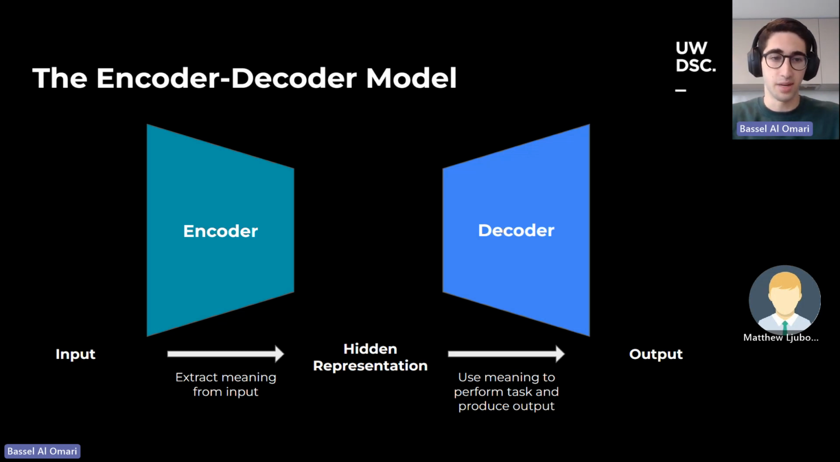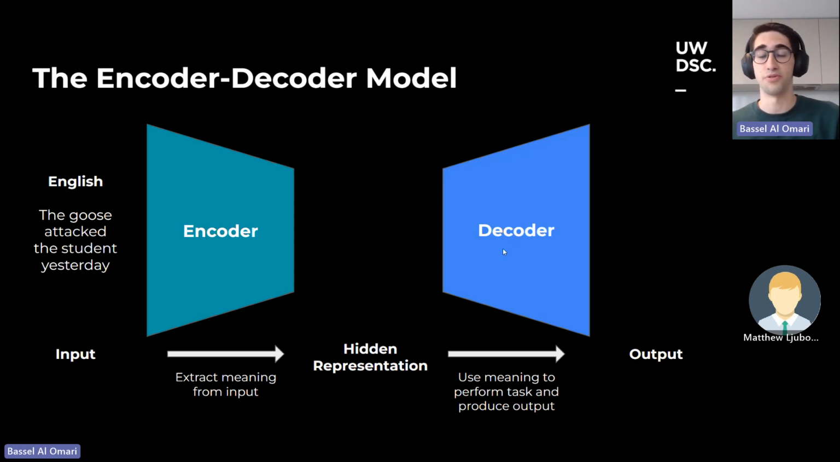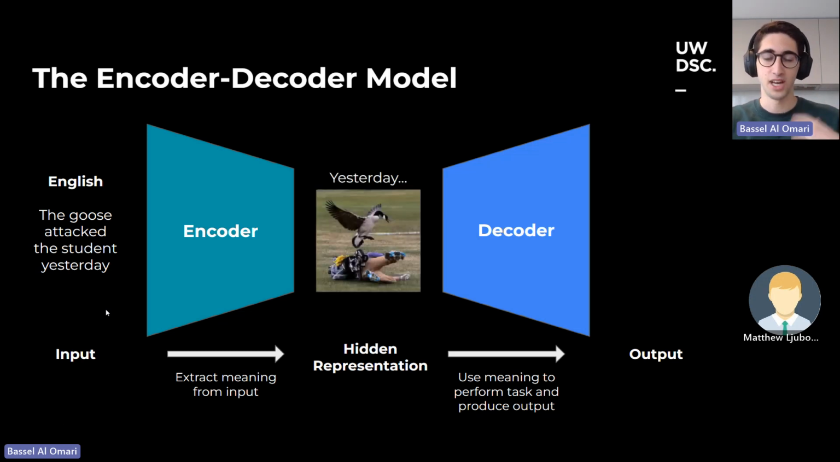Let's take a look at this with an example. Say you want to translate a sentence from English to French or English to Arabic. You start with your sentence in English: The goose attacked the student yesterday. The encoder would take that sentence and extract the important meaning and information from it. So that would be, yesterday, there's this goose, there's the student, the goose absolutely trampled the student. That's the meaning that you'd want to get from this sentence. And then the decoder would use that meaning in order to produce an equivalent sentence, but in Arabic. So in Arabic, that would be